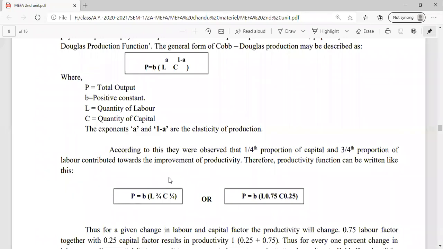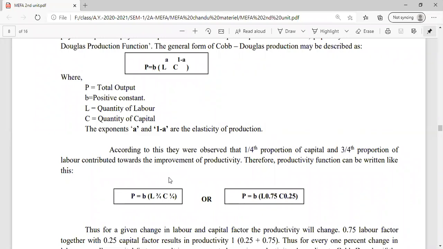So when can we say perfectly elastic? For every increase in the input, there is exactly the same amount of output increase. Then we call it perfectly elastic. For the perfectly elastic case, the elasticity will be 1. Do you understand?